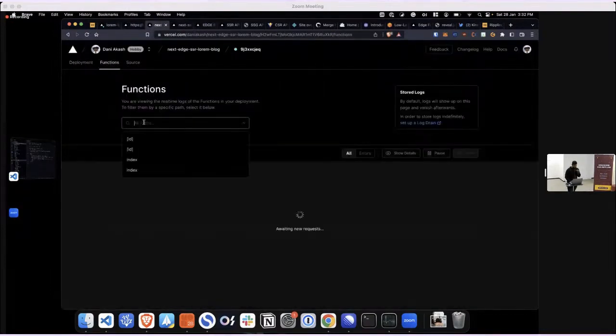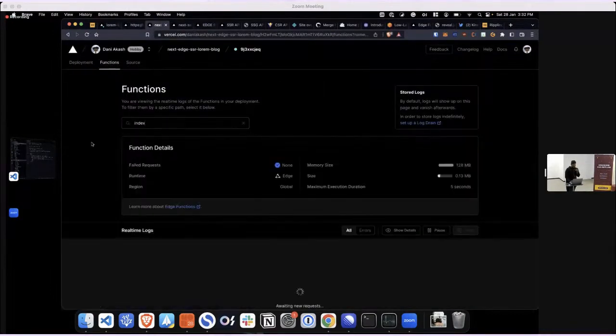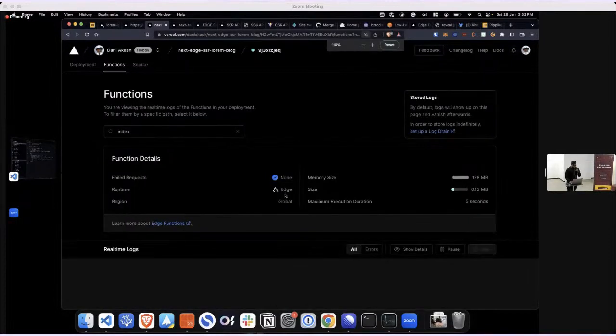Cool. And if I go back to the server where I am hosting this, this is the edge function. So I got these functions in. So now you see the runtime is set as edge and the region is set as global, which basically means this function is hosted in all the countries they have for their free plan. And you get much, much faster latency as your users are visiting this page. Now let's go and take a look